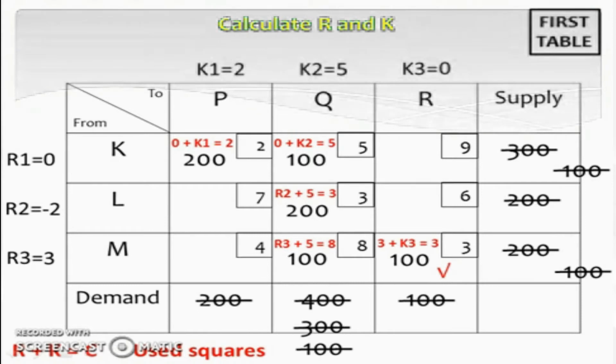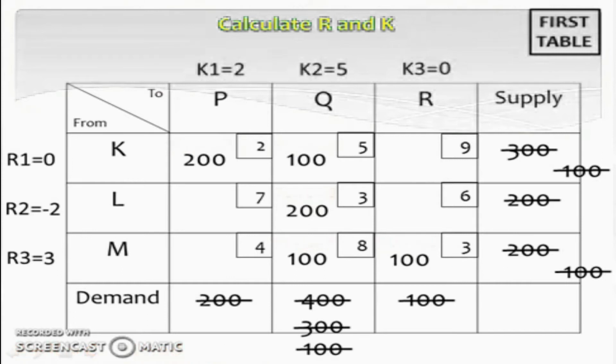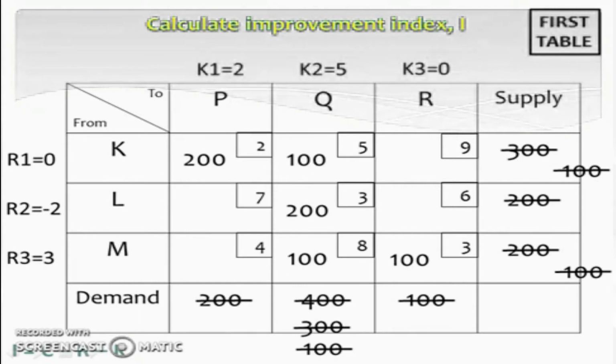After calculating all R's and K's, now we are ready to calculate the I, which stands for the improvement index. This has a formula I is equal to C minus R minus K. And this one is only applied to the unused squares. For example, in this unused square, we have 9 minus 0 minus 0, so we get the improvement index equal